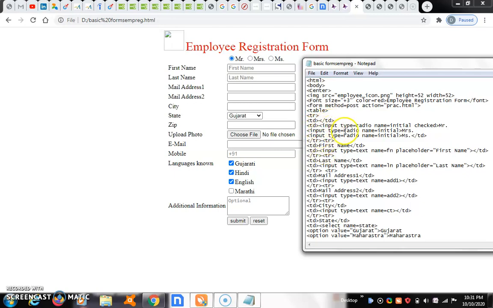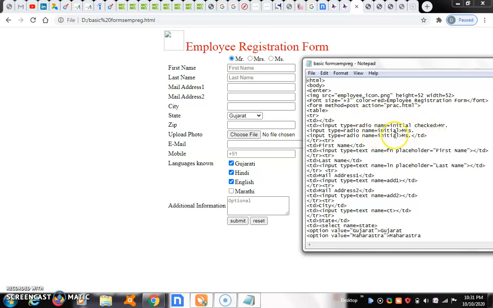Table data open here, input radio, name equal to initial, checked. What do you check? Mr. So here the radio button is there: Mr., Mrs., Miss. Here Mr. is selected, that radio button only is checked.